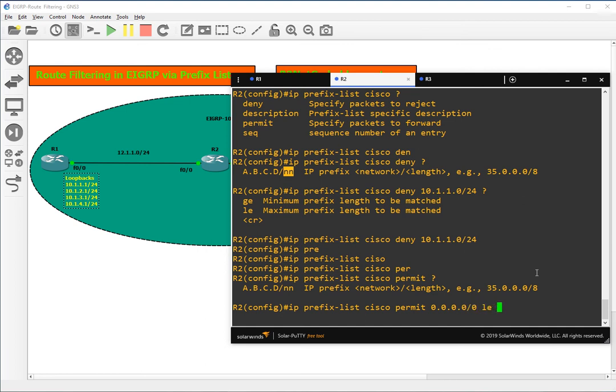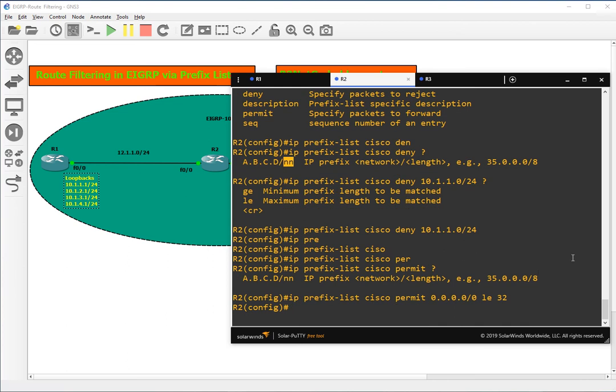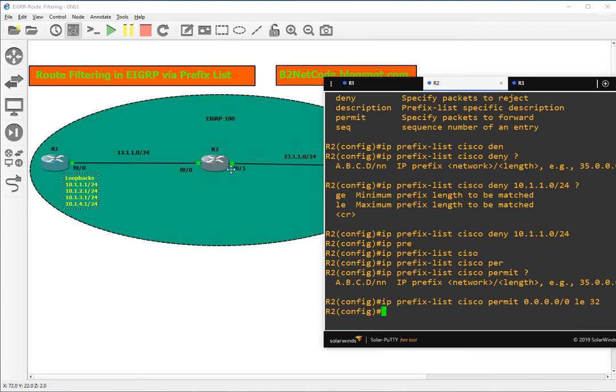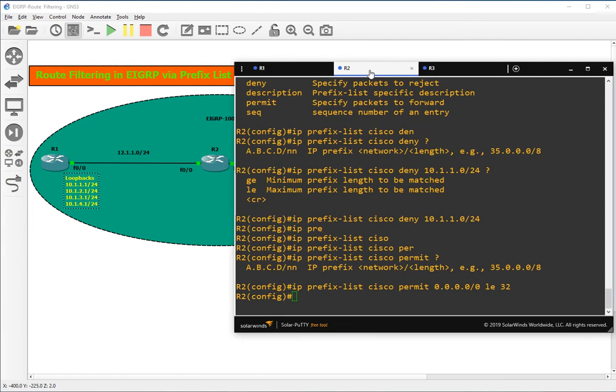This is equivalent to all the networks that range from 0 subnet to less than or equal to 32. The rest should all be permitted. And we will apply this prefix list on the out direction of interface Fa0/1 of R2.